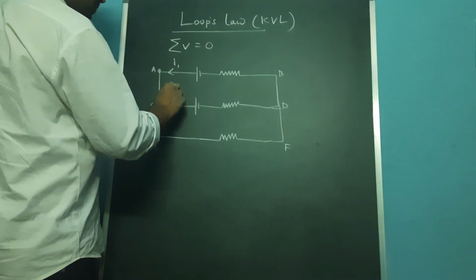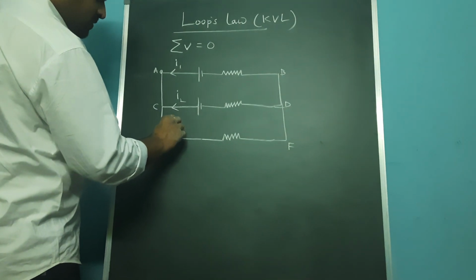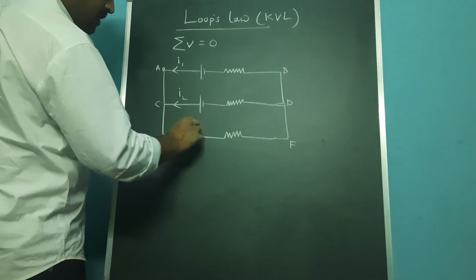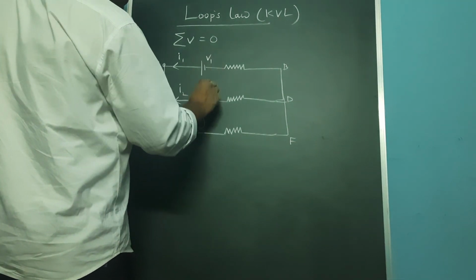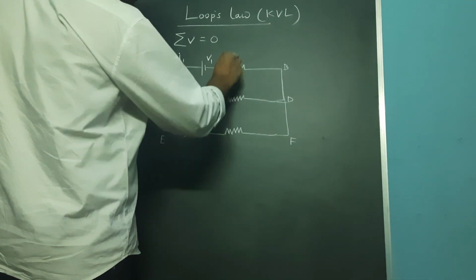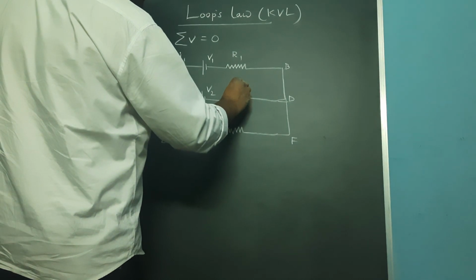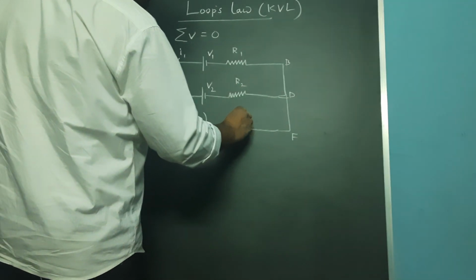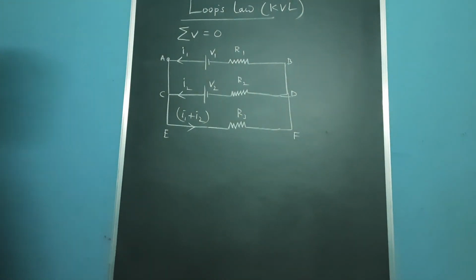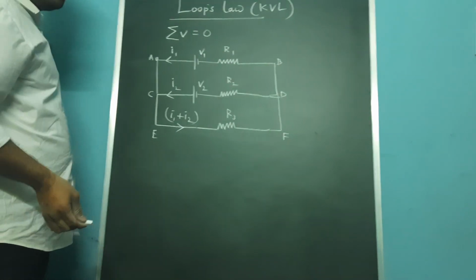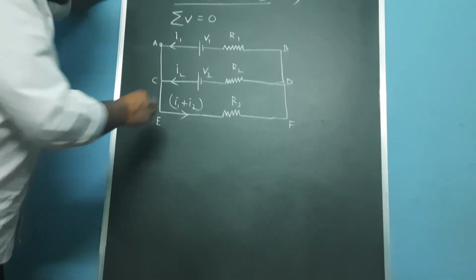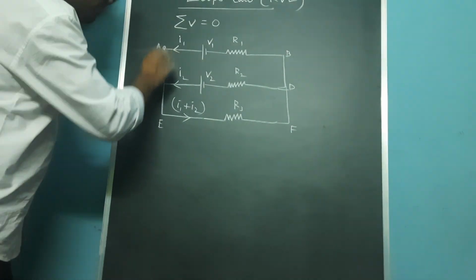This is I2. This is I1 plus I2 together, and this is V1, V2, R1, R2, R3. This is one circuit. Here, if we take the loop,